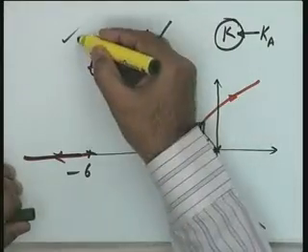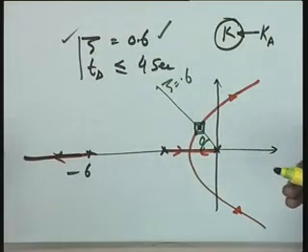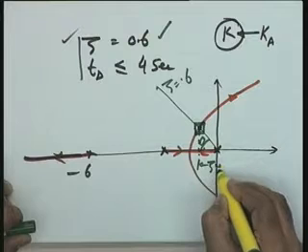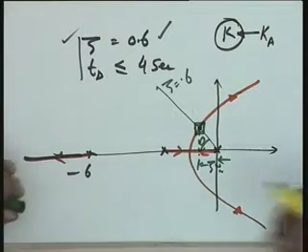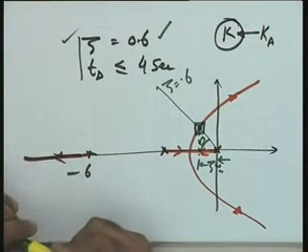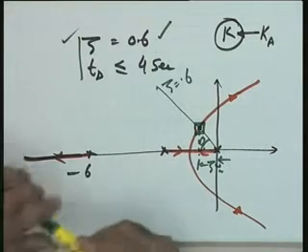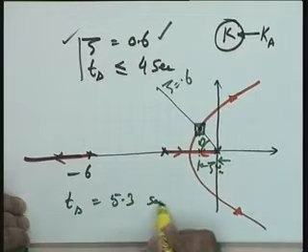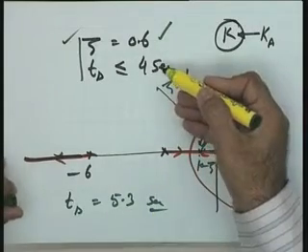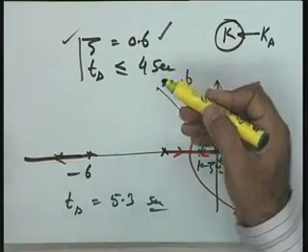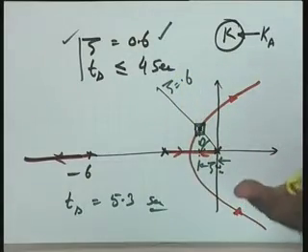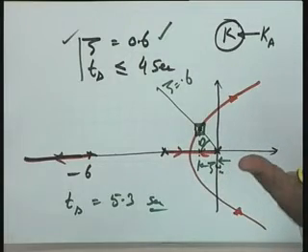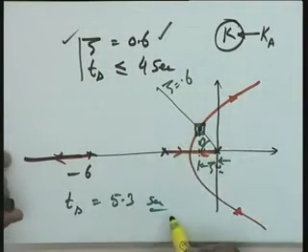You cannot even simultaneously satisfy these two requirements by only one parameter. You can check it by taking this value, finding the value of zeta omega n, and 4 by zeta omega n gives you the settling time. In this particular case it is Ts equal to 5.3 seconds. It is at least close to the value given, 4 seconds. 13 seconds for the system to settle down is too much a value. That really will become a poor system as far as the speed of response is concerned.